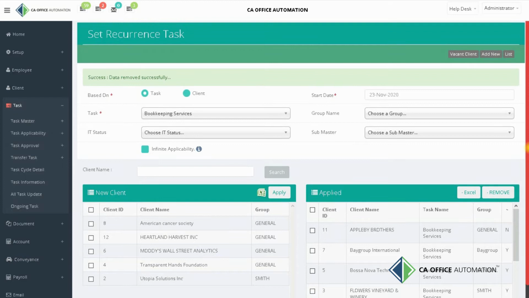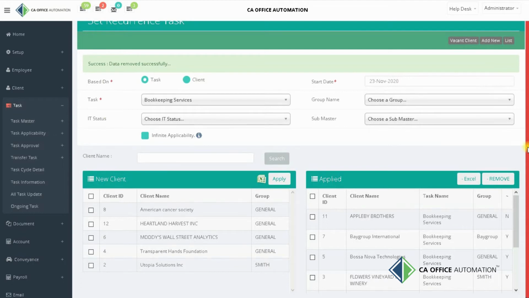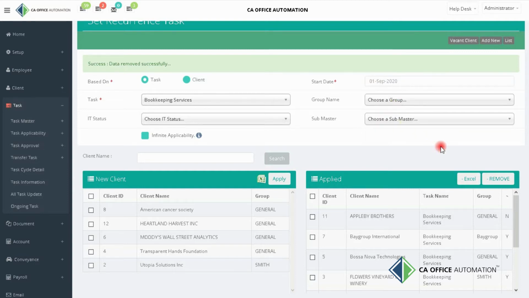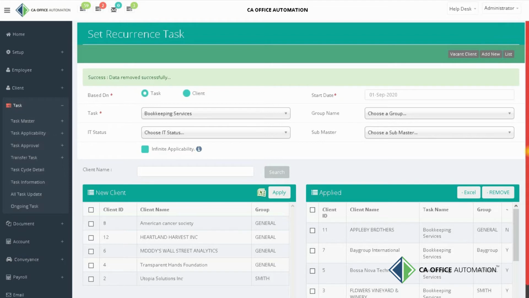By applying bookkeeping services to Utopia Services, all the remaining quarters' tasks of the current year, including the current quarter, go to the approval page. Even if you want to apply work for any previous quarter, then you need to select the date of the previous quarter in the Start Date option. And also, next year, this bookkeeping services task will be applied automatically for Utopia Services clients for each quarter. You need to perform it one time, and from next year you just need to approve it from the approval page. Once you choose the financial year, next year's all recurrence tasks will occur automatically and come for approval.